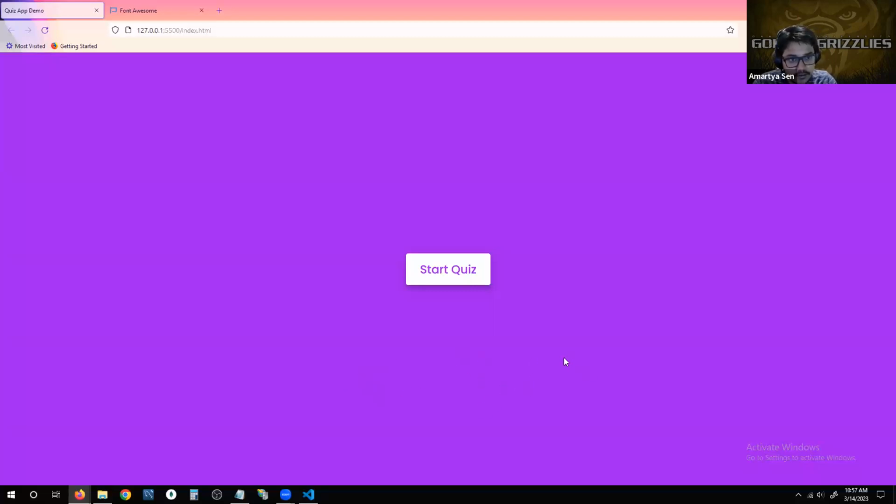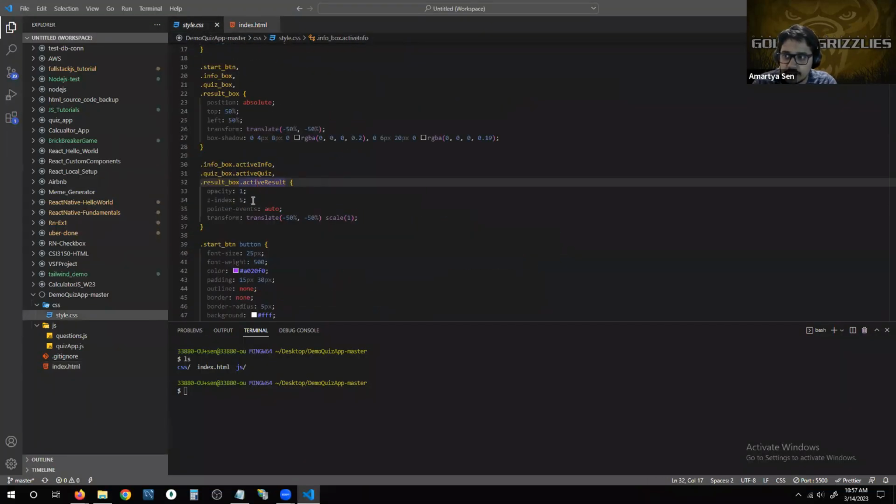So that means there is something that we have done using JavaScript, which is basically suppressing the other boxes and then making their rendering dependent on the previous stage's interaction with the user. So keep that in mind. To get an understanding, until and unless the user clicks on this start button, which is the first thing that needs to be displayed to the user, we are not going to show them the information box. So that is basically the logic here. So this CSS styling ties up with the JavaScript class name that we are going to create, where we have an active aspect of each of the components or each of the divisions that we have on our web interface,